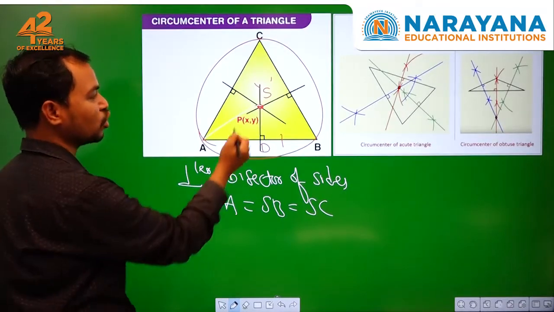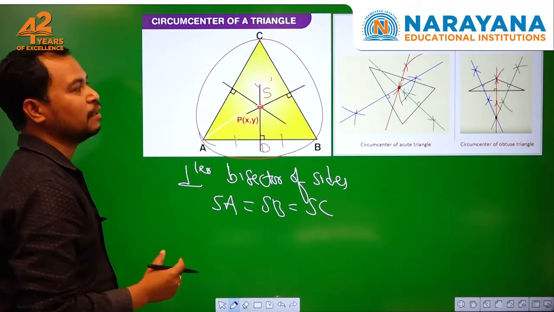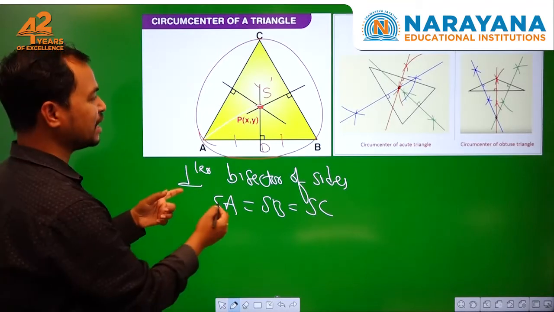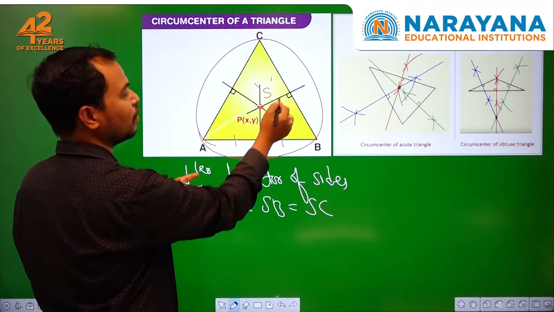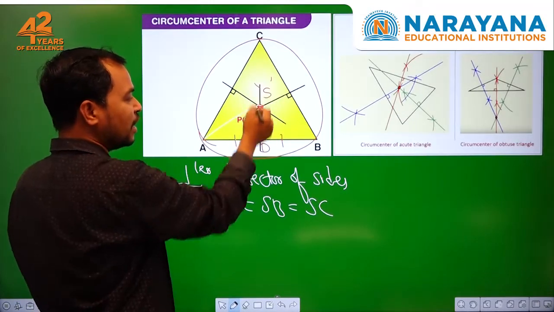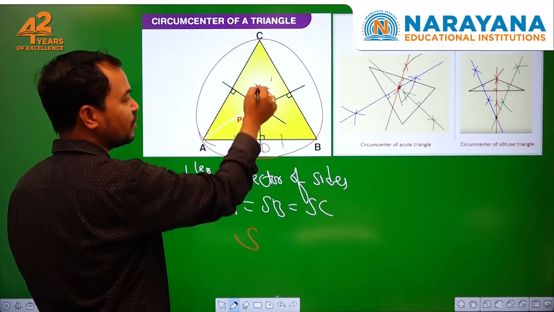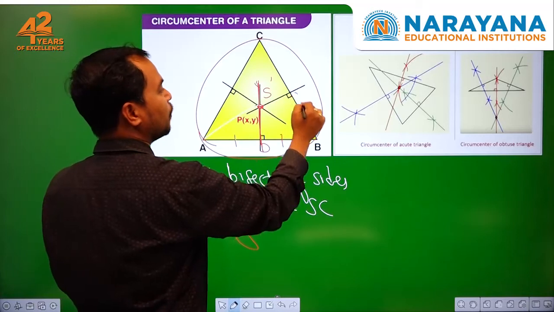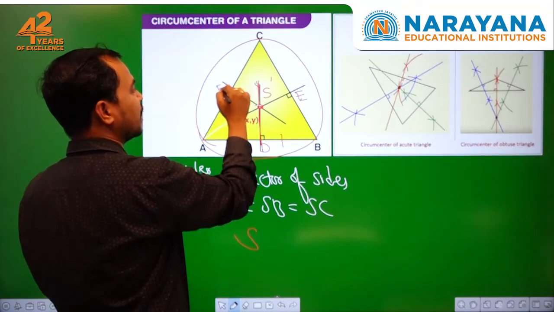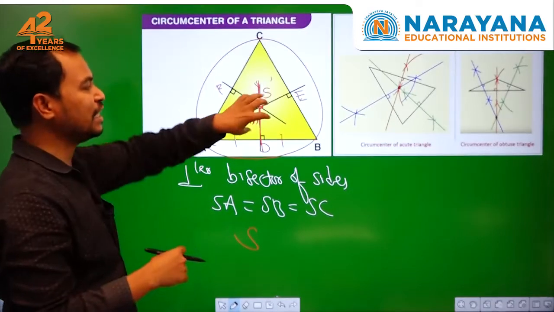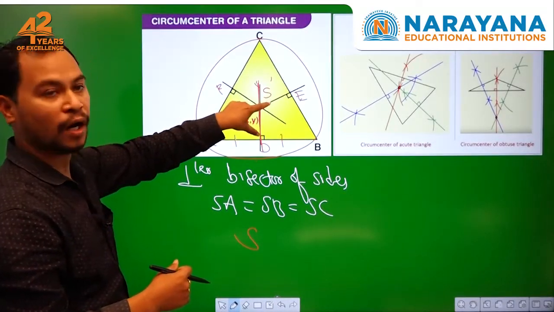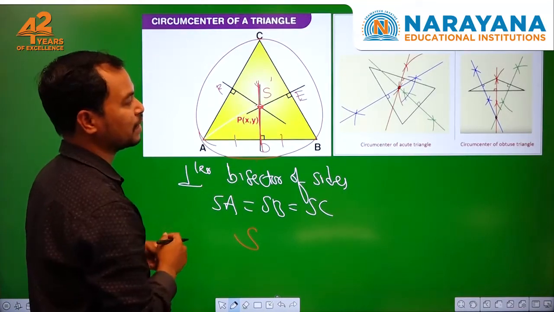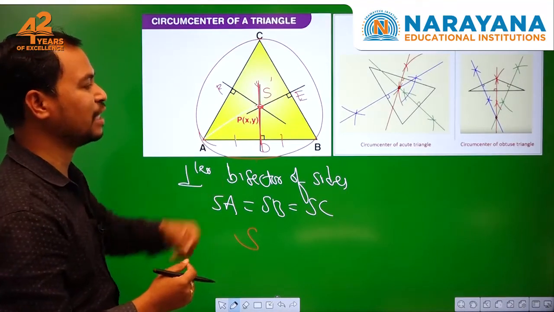Now the circumcenter is denoted with S, SA is equal to SB is equal to SC. But here there is no specific formula for finding the circumcenter S. So what is S? S is the point of intersection, or point of concurrence, of the perpendicular bisectors. Here if you want to find S, obviously we have to find the line equations of the perpendicular bisector SD, perpendicular bisector SE and perpendicular bisector SF. Of these three lines, if you solve any two, we get the circumcenter S. So that is the point of concurrence of the perpendicular bisectors. You find the perpendicular bisector equations and solve, then you get the circumcenter.